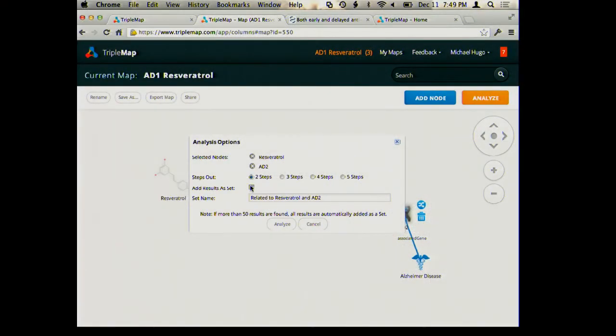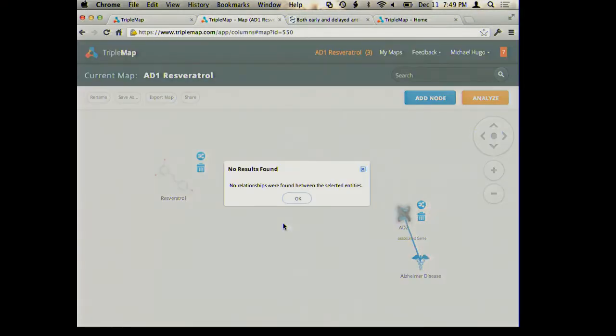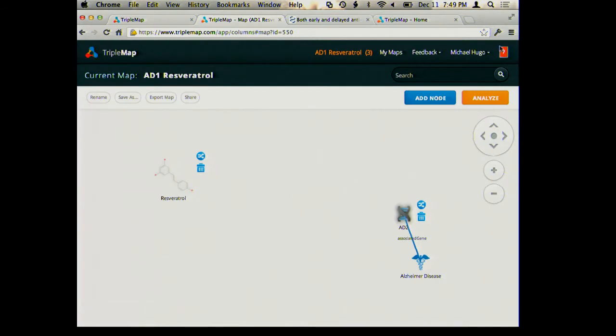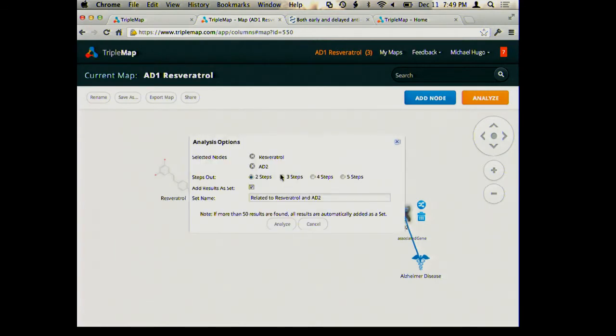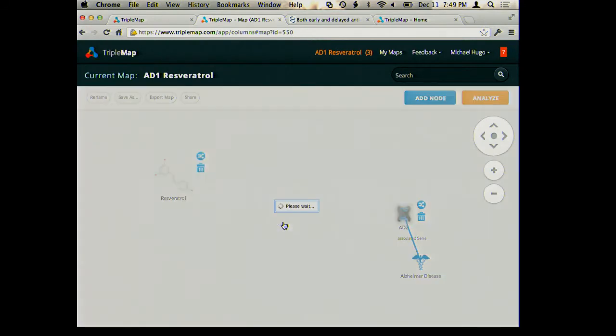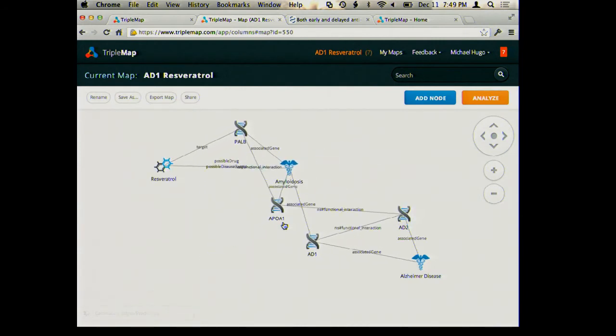but if I do an analysis and step out, I can do 2 steps. There's nothing at 2 steps. I can go in the graph, I can go even further. I can say what's out there 3 steps. And find that indeed there is a connection between these things via AD2 to AD1 to amyloidosis to resveratrol. So you can find connections that you didn't necessarily know existed,